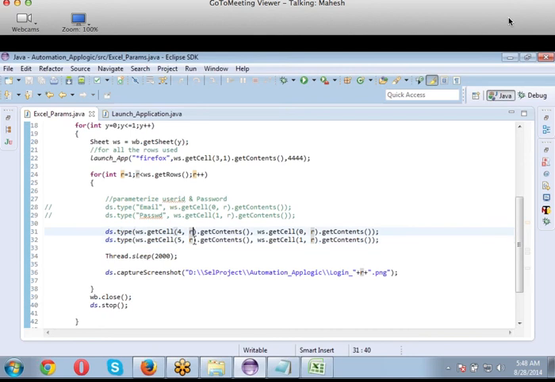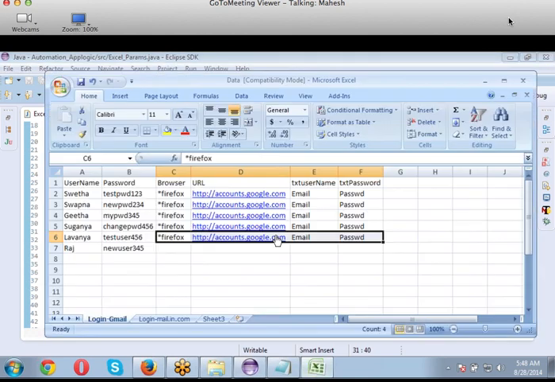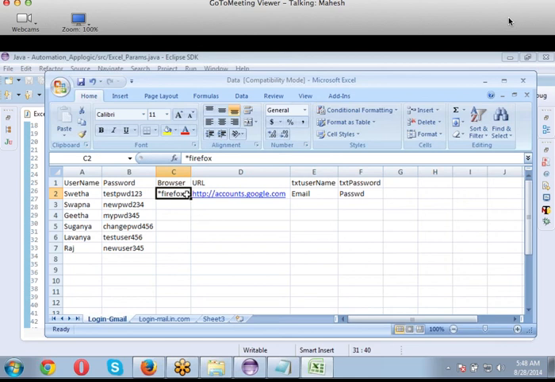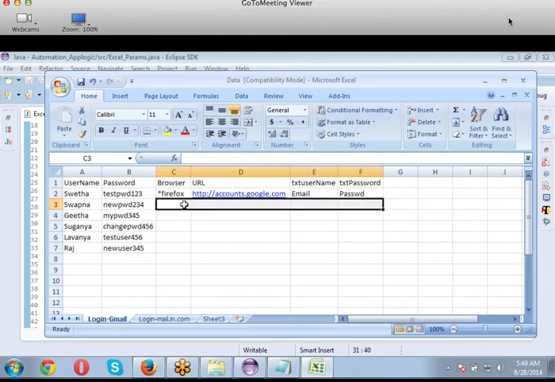Let's do one thing. When we are supposed to access an object inside my spreadsheet, let's not make it dynamic, because my intention is always I want to use the same object name and the same URL. Right? And why should I change it? Only the users should be changed, not the values. These are the same for every user. I want it for the next user also, but I don't have the values. I know these values are not going to change. Accounts.google.com URL will never change. Email text box name will never change. Password text box will never change.